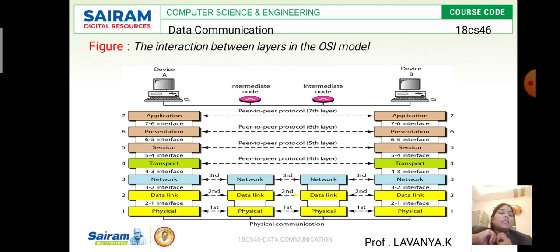Then the next one is flow control. It is used to overcome the overwhelming of huge data in the network. So we use flow control, which means we have to send the data one by one in the network. Then error control: it easily identifies damage of data, loss of data, failure of data, and corruption of the data. Everything is checked and identified in the error control, which reduces these problems in the network.